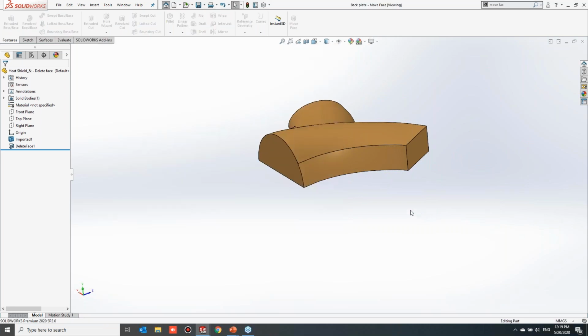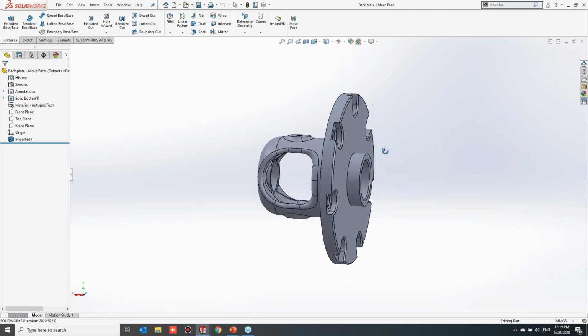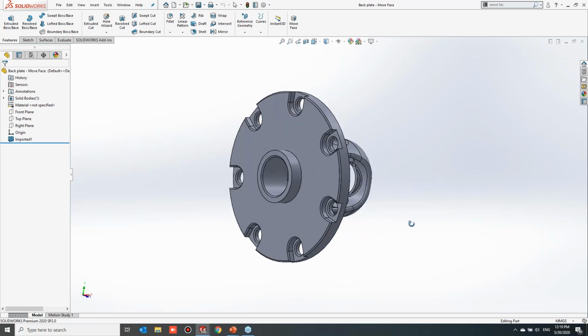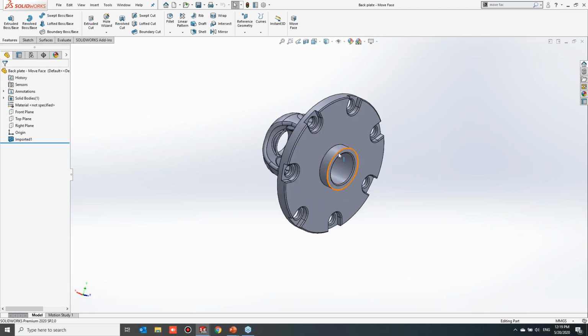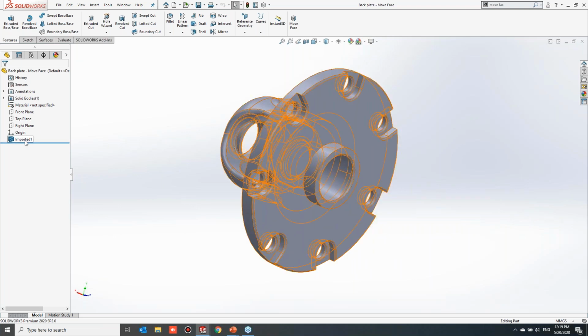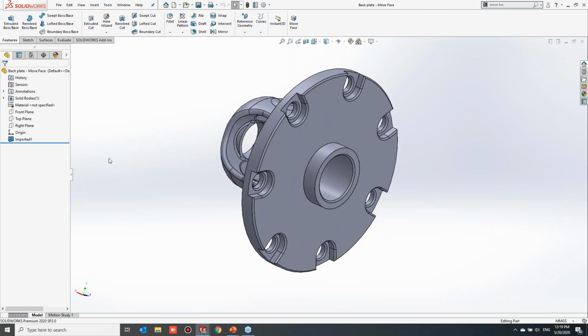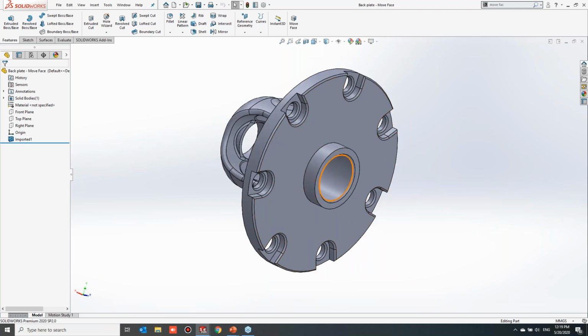Now, another example of imported geometry. You can see this is another imported geometry. When I am checking the diameter of my model, here you can see 0.04 meter. But for my design requirement, it is supposed to be 0.05. So what can I do? Here there is no feature. If we had a feature, we could edit the feature and change the diameter. But here we only have a dumb solid.